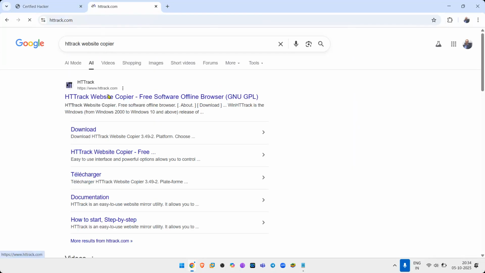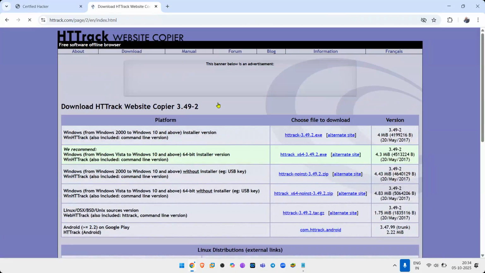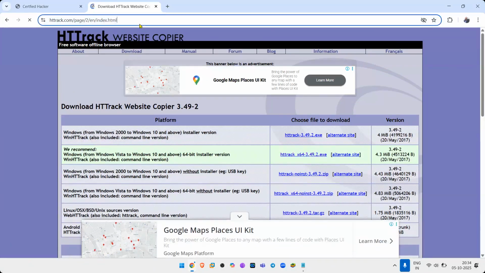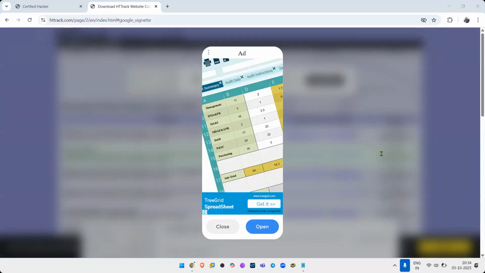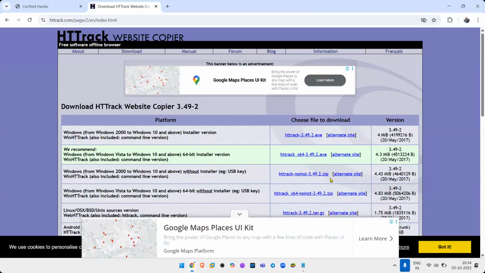We'll go to the downloads folder, and let me share this link in the chat box, guys. Website copier. Click on this link, the Windows 10 and above version, the one in green.